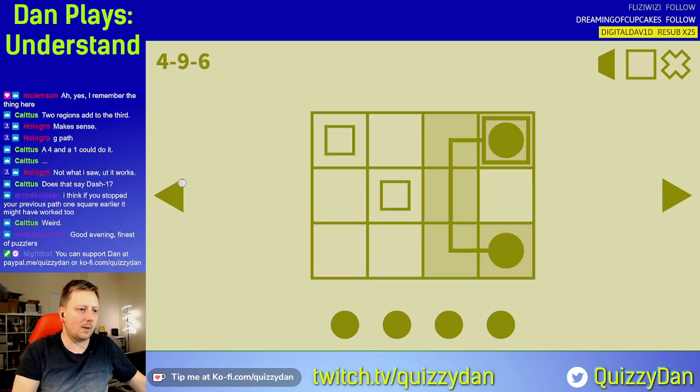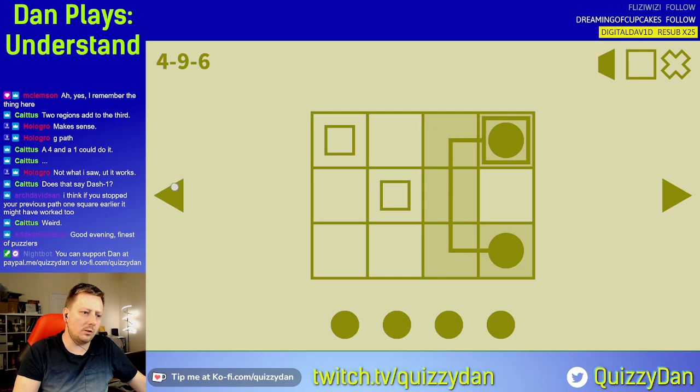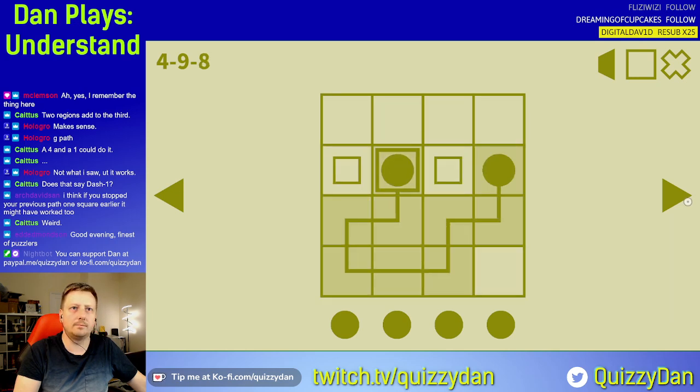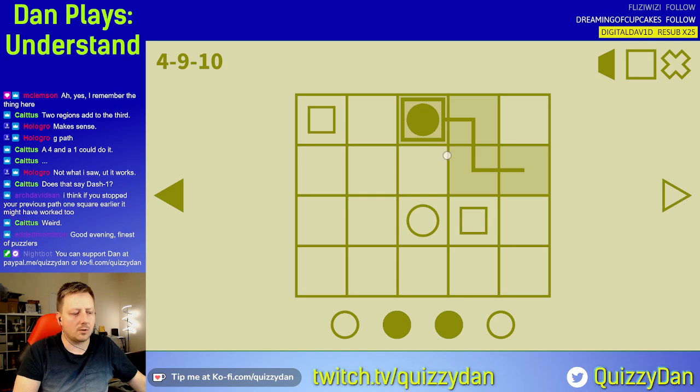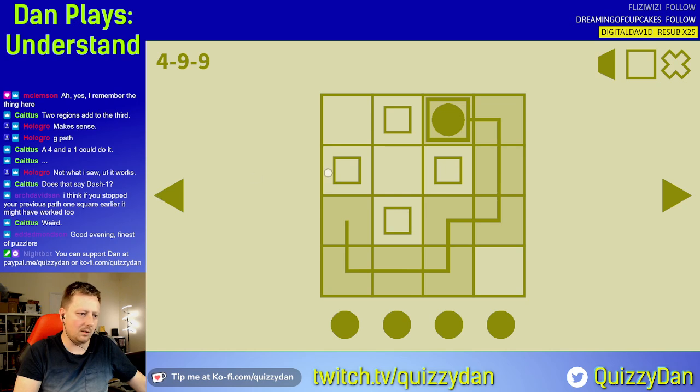I do feel like all the squares need to be in the same segment, that's fine. All the squares need to be orthogonally connected, that's fine. Do they all need to be touched? All the squares? No, that one doesn't need touching. That's a shame, because I thought I was onto something there. Hang on, is there? No, there's a 2x2 section of...